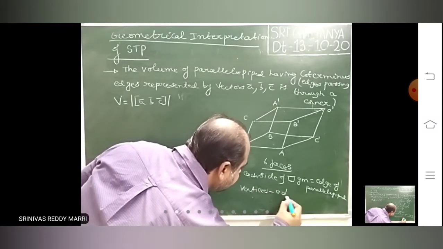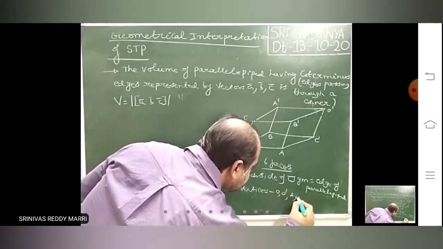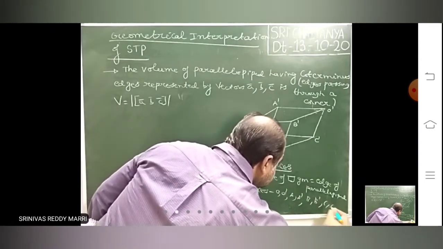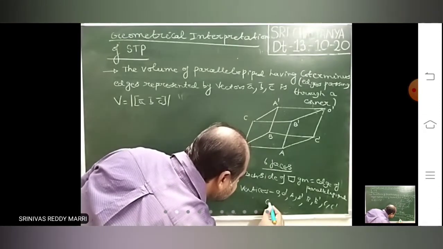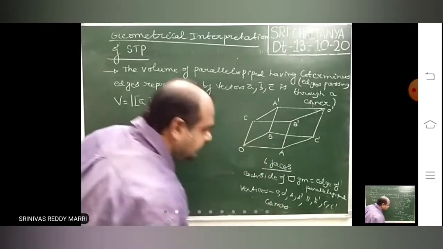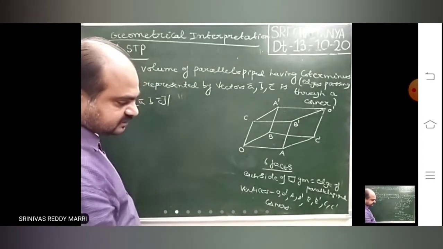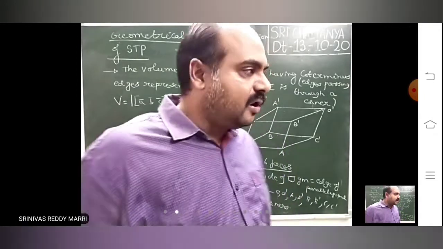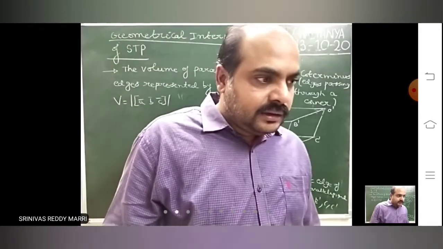Vertices, that means O dash, A dash, B dash, C dash. These are called corners. Corners of the parallelepiped. Corner means nothing is there. So